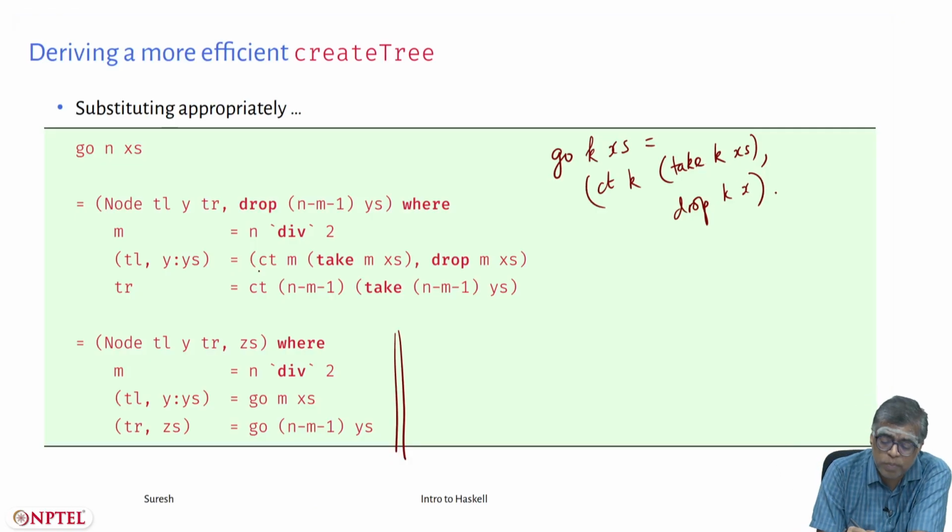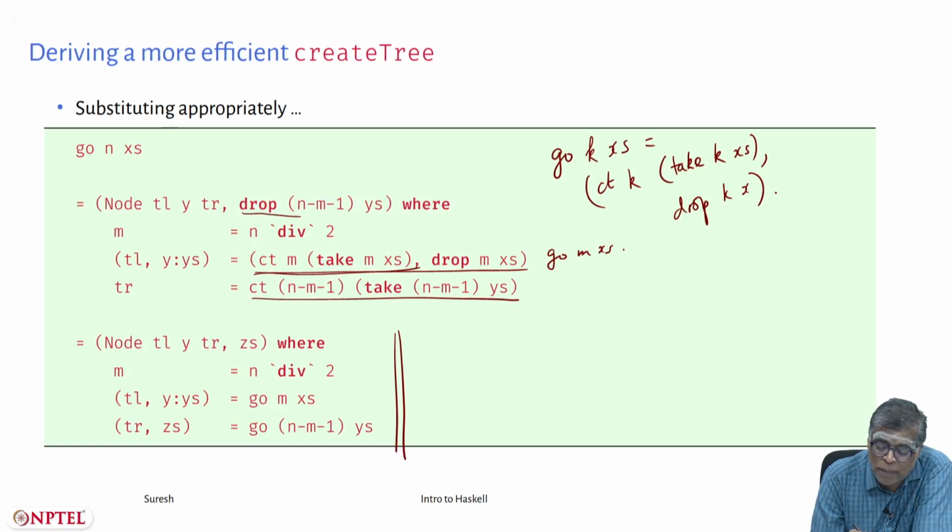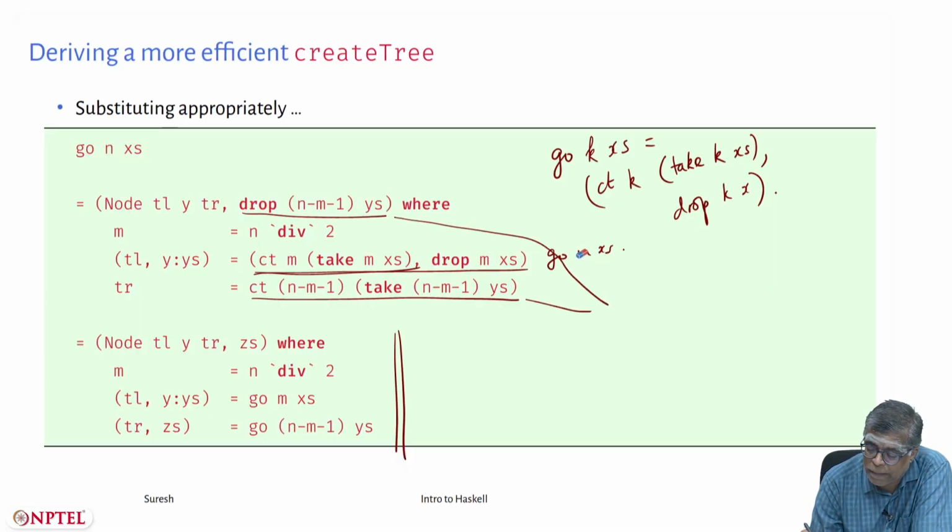So this portion here is nothing but go m x's. And this portion is ct n minus m minus 1 of take n minus m minus 1 y's, and here you have drop n minus m minus 1 y's. So if you put these two things together,